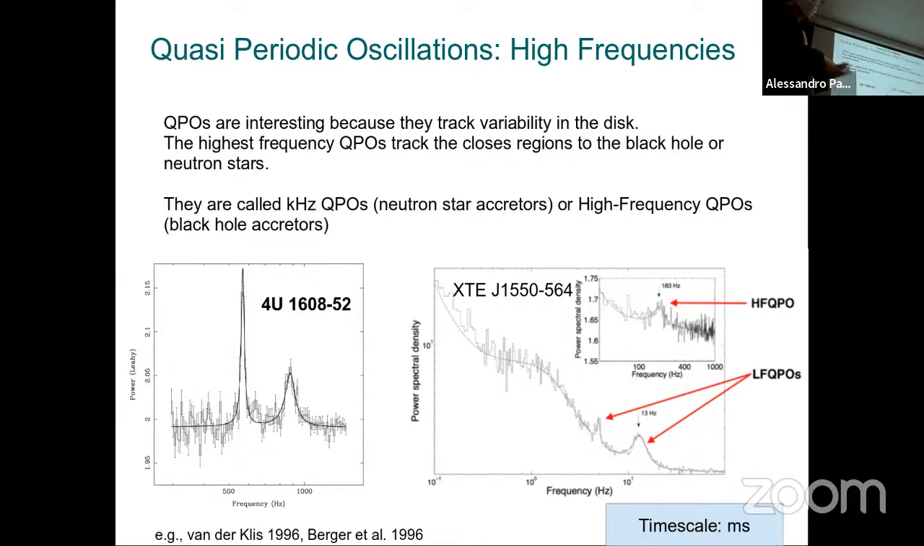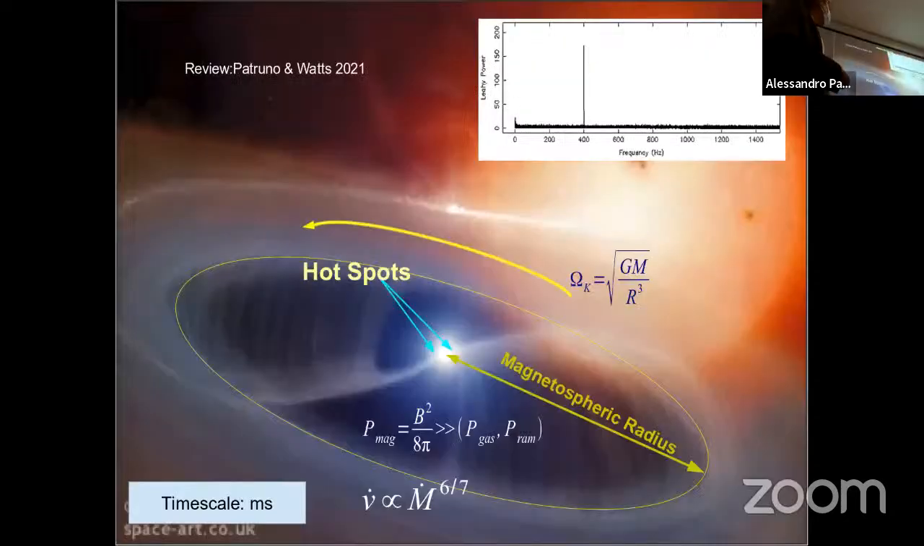And these are very interesting because, of course, they are probing the region which is closest to the neutron star and black hole event horizon and neutron star surface. Because again, this corresponds to the dynamical time. Timescales of milliseconds are also seen in accreting neutron stars when there is a so-called accreting millisecond pulsar. So when you have a neutron star with a strong magnetic field, what you have is